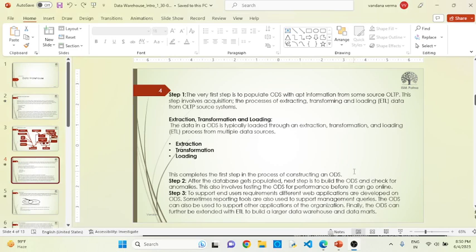Once all these three steps are performed successfully, ODS checks the next step, which is to check for anomalies. It means you have to test your data and remove the anomalies from it. The last one is if your data comes from different sources, like web applications and other sources. So in the third step of ODS,